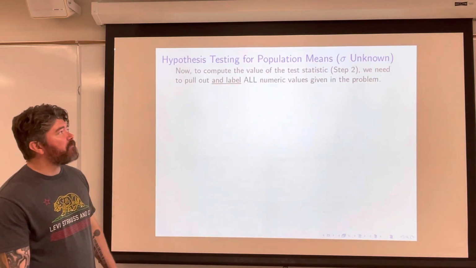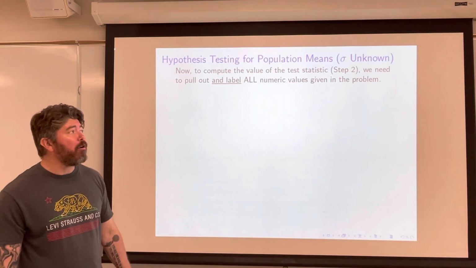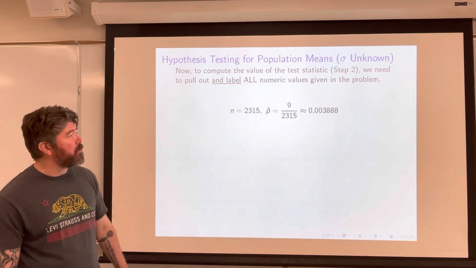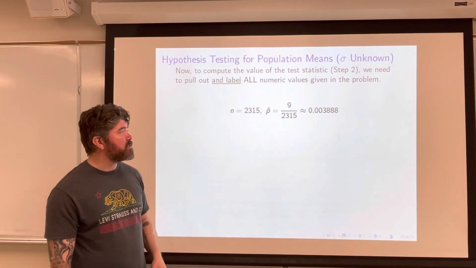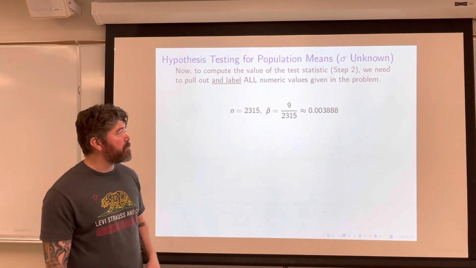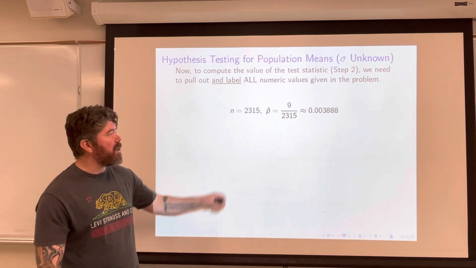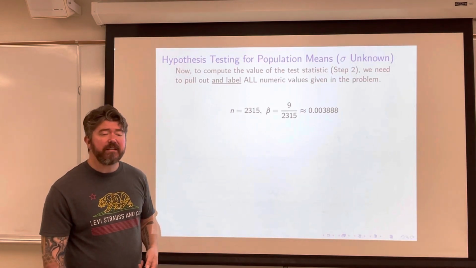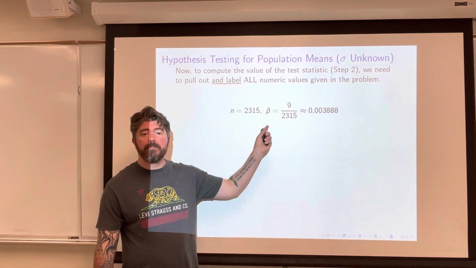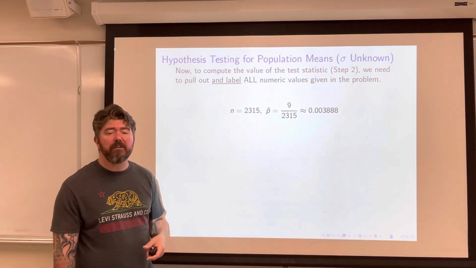Now to compute the value of the test statistic, we need to pull out and label all numeric values given in the problem. Notice that our sample size was 2,315 participants. In this case, they don't give us our p hat, but we need our p hat. But they do give us the statement that 9 of the respondents claimed that they did receive an irregular notification